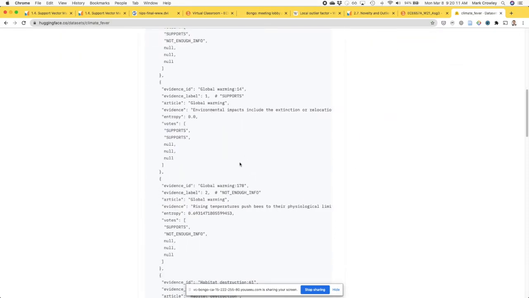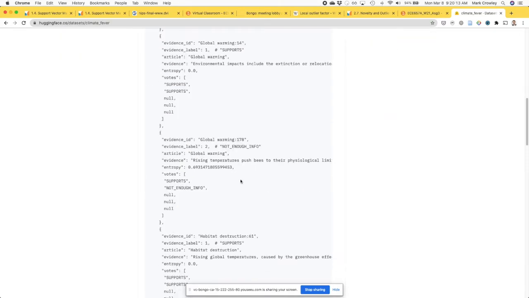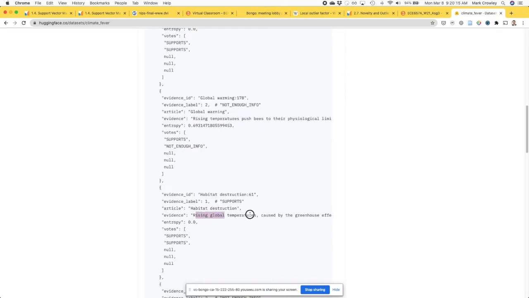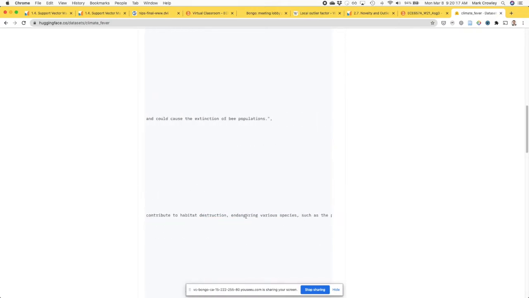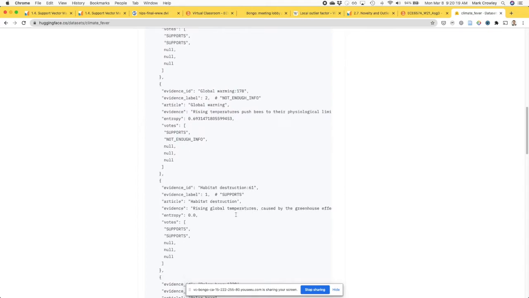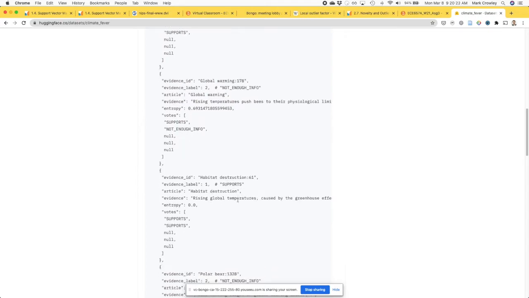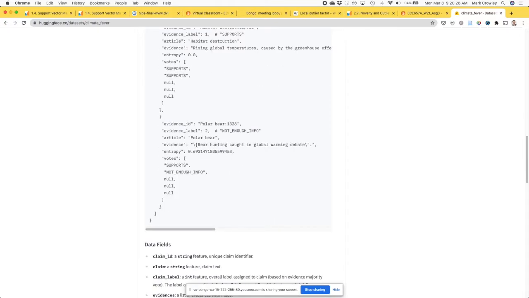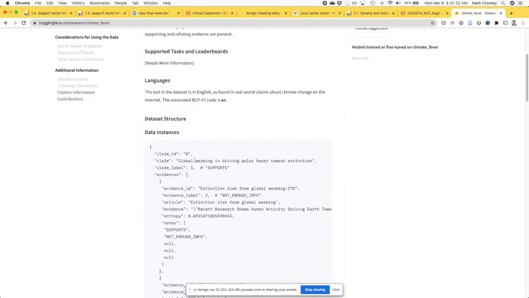It should be this evidence one, I think, right? Because that's the actual sentence that happened in the text, and they've separated this out to have some kind of label, so you could do a training thing as well to say this supports it and this is against it. But every one of these evidence features in the JSON database is a sentence that's in this data set, so that's the one you should be using.